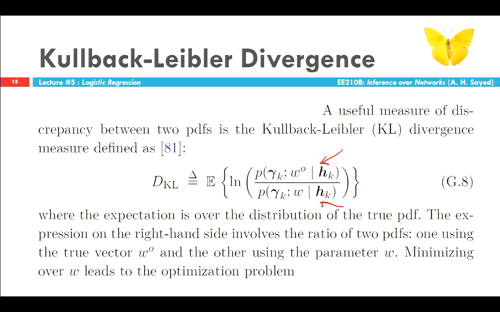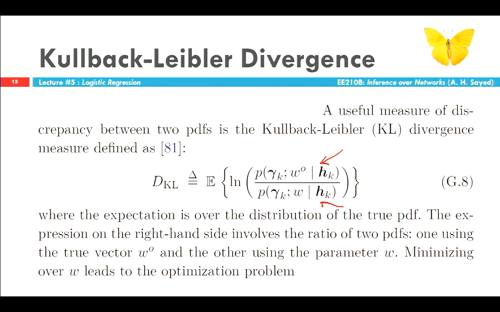You are trying to find an omega such that the logistic PDF that you have is a good approximation for the unknown PDF. One way to measure how close PDFs are to each other is by using the Kullback-Leibler divergence measure. What is that measure? You compute the expected value of the log of the ratio of the PDFs. That's one measure. So if I try to minimize this over omega,